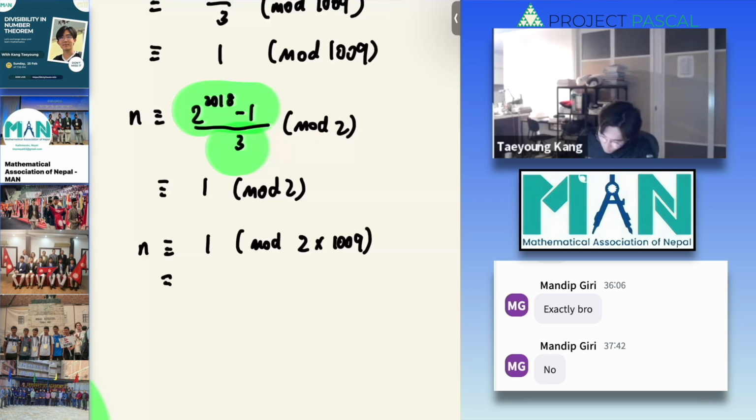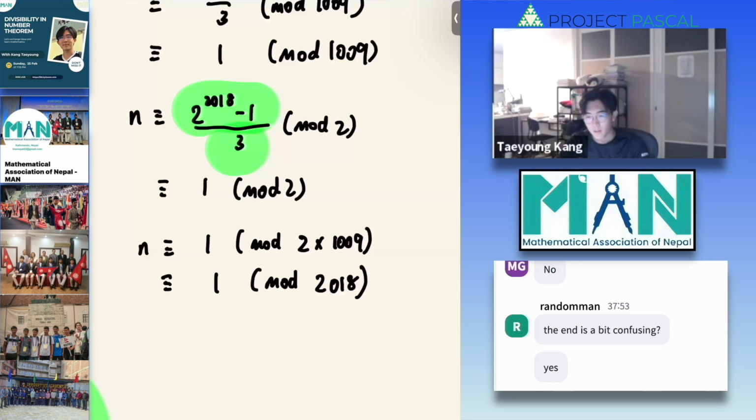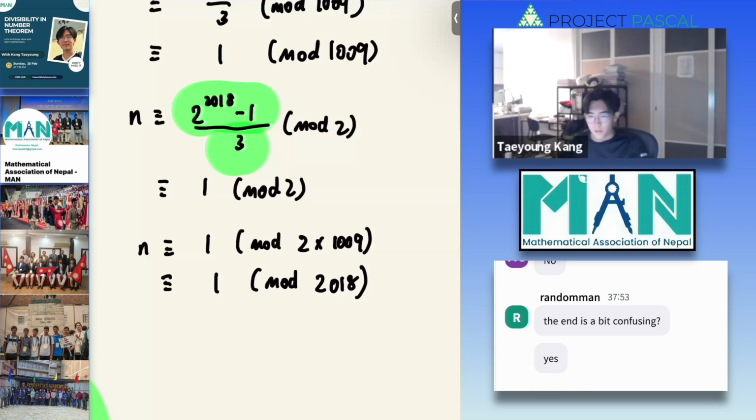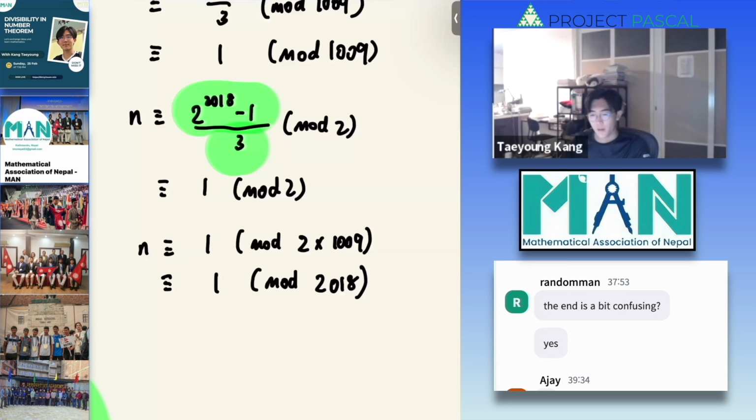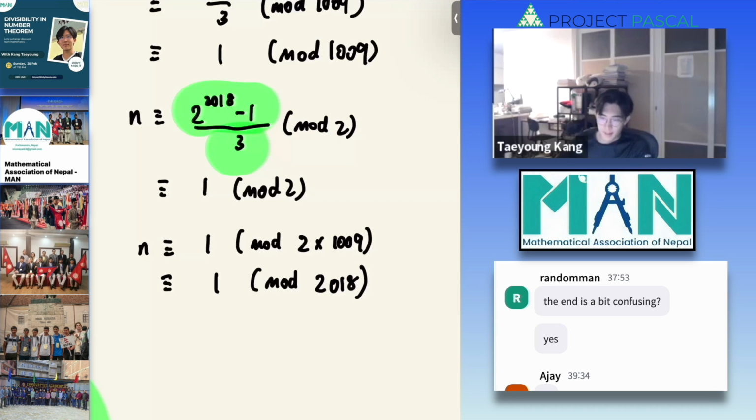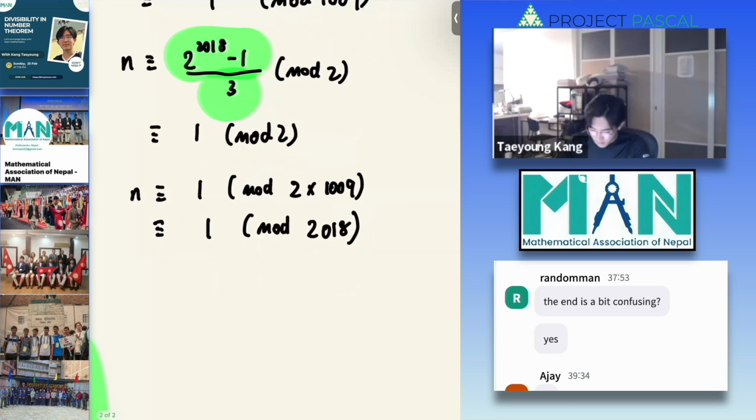Which is congruent to 1 mod 2018. Correct? So how do we finish with n being congruent to 1 mod 2018? It's that we notice